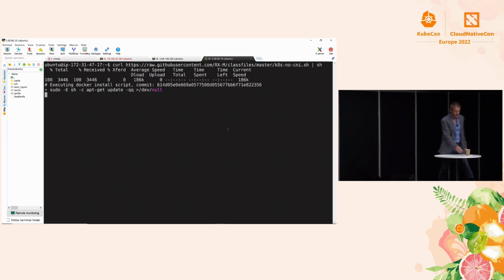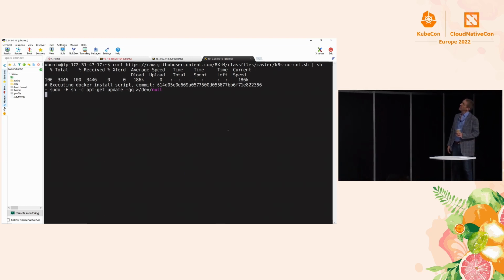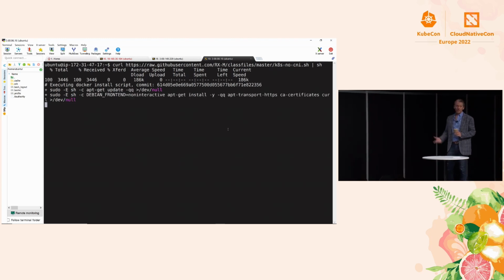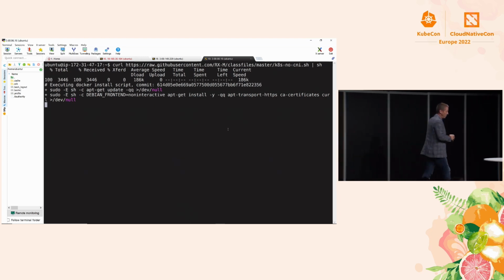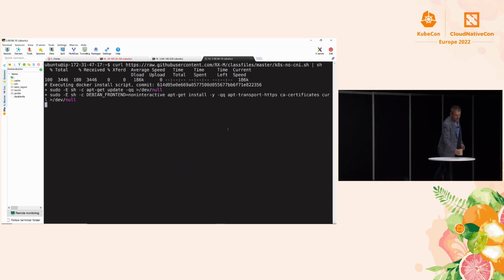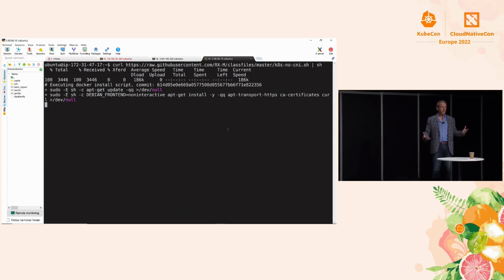All right, I just started the Kubernetes install. It's installing Docker first. We're using Docker. That's the runtime. Why Docker? Docker's a poor choice for production. Not because Docker isn't amazing. Docker is amazing. It's just giant, and it has all sorts of stuff in it that you don't want in